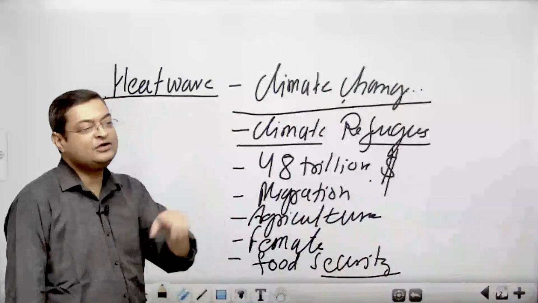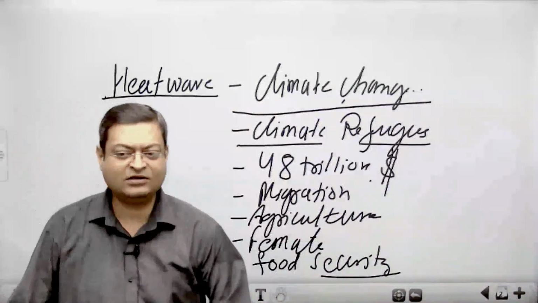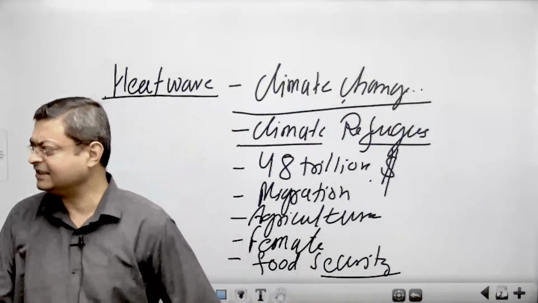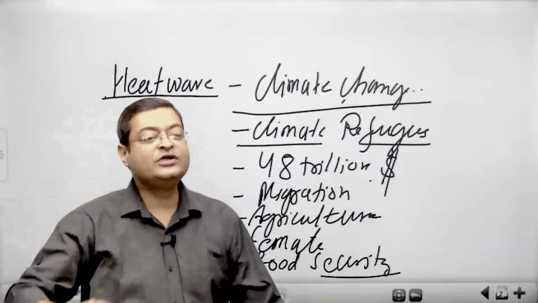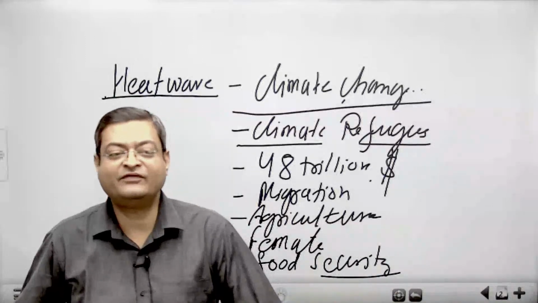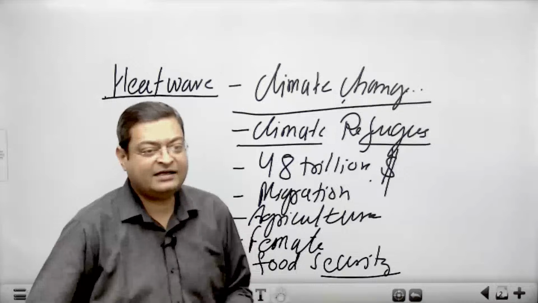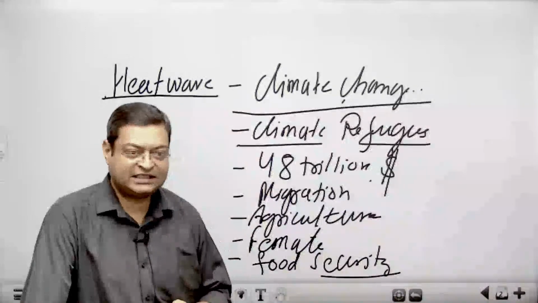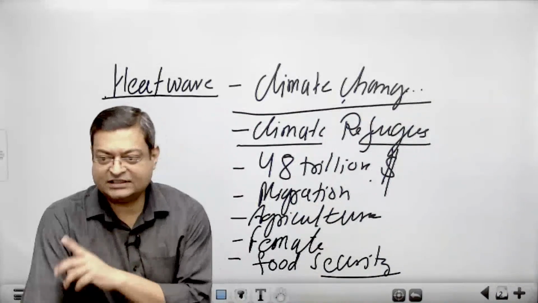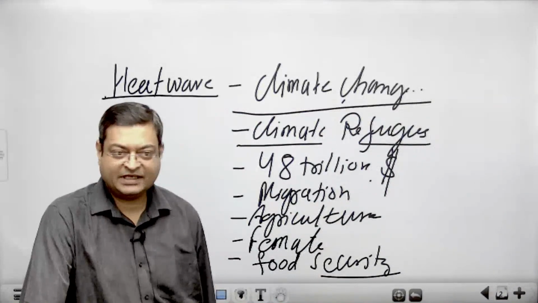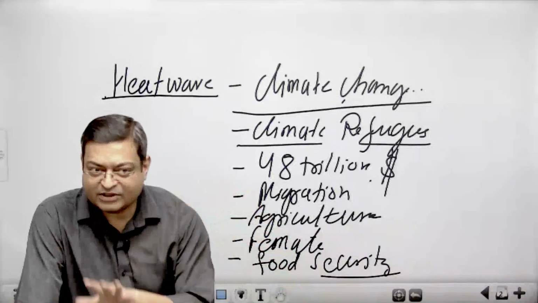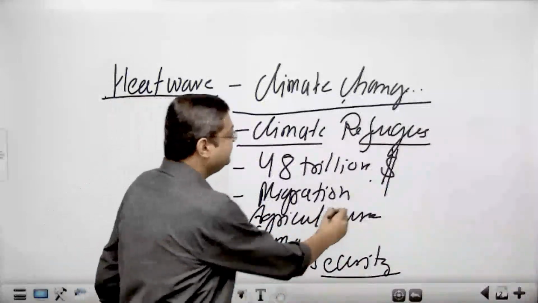Now, who is going to migrate more, male or female? Who is going to migrate more, male or female? Male. And if there is a decline in agriculture, which is related with the rural sector, males are going to migrate towards the urban sector, right? Urban places. So there is more and more stress in urban places. So migration leads to stress on urban places.